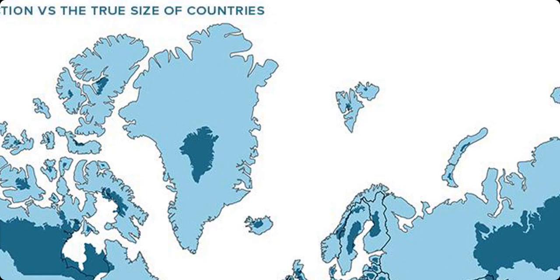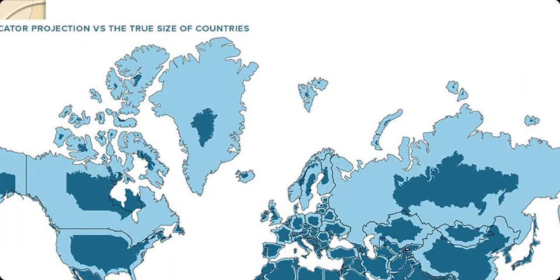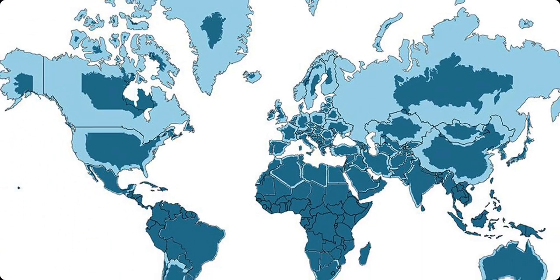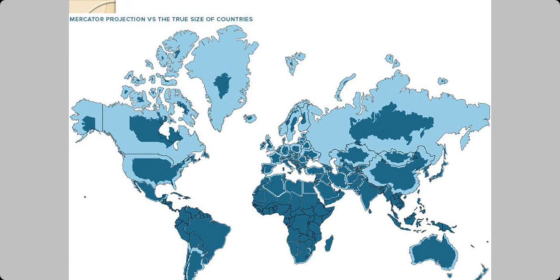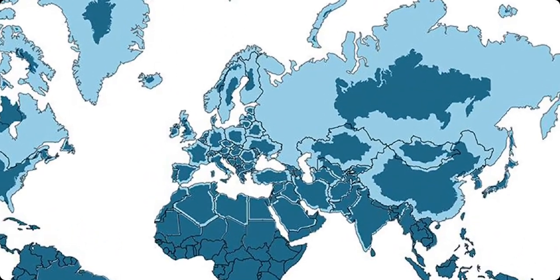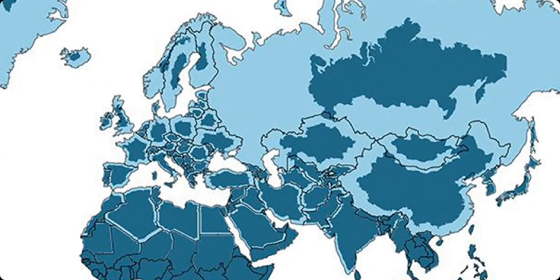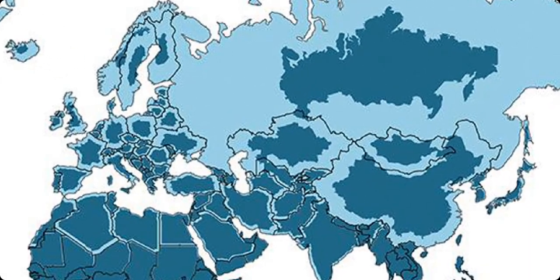And what we have seen Greenland to be, the comparative size, is the outer lighter area size. So we have always had a wrong idea about the relative size of countries. China is not as big as it's shown. Russia is not as big as it's shown. It's about the size of the darker portion.